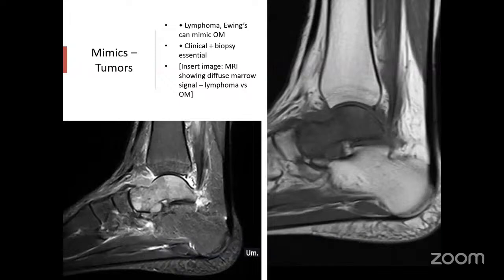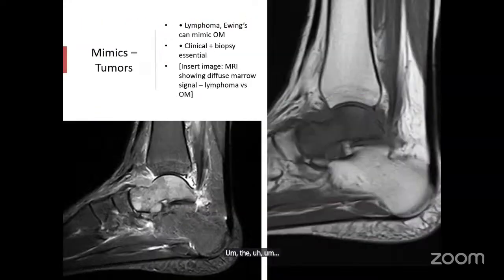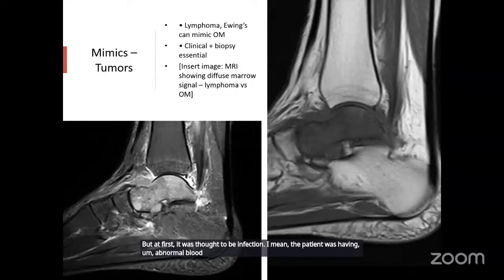Some tumors. I still have that slide there. Okay. This talus was actually lymphoma, but at first it was thought to be infection. I mean, the patient was having abnormal white blood cell counts because of the lymphoma, having pain, redness, all those things in their ankle, and this is actually what diagnosed their lymphoma,